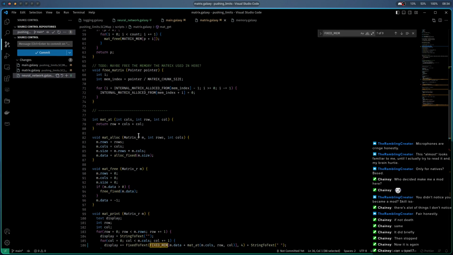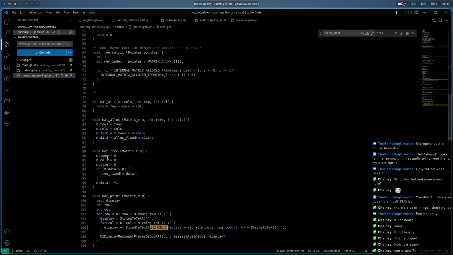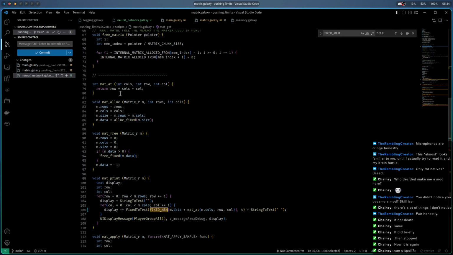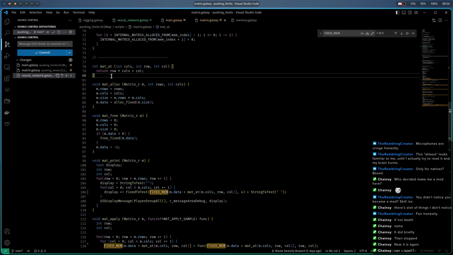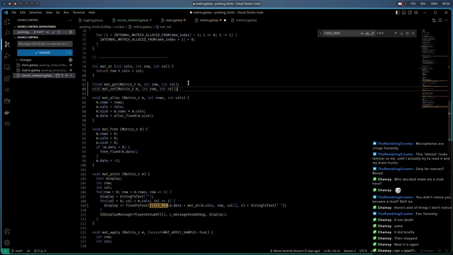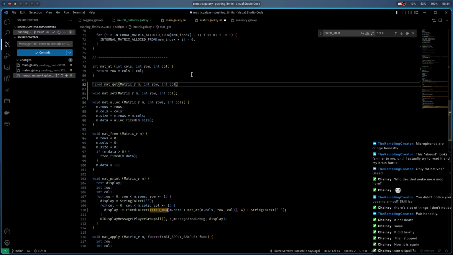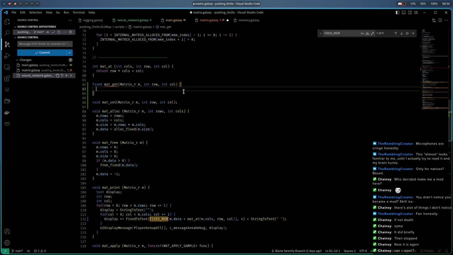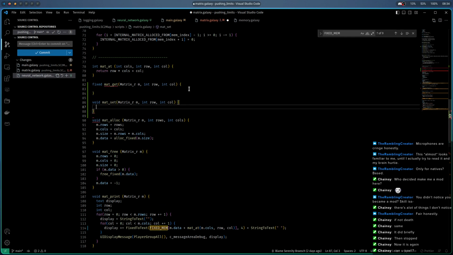Now, under here, mat at, I want to add these two as well. And then set should